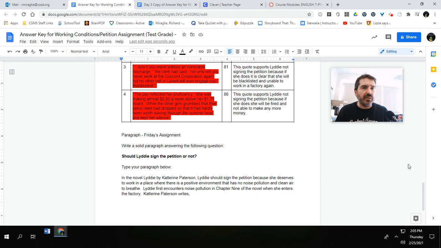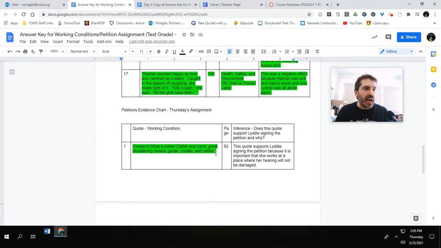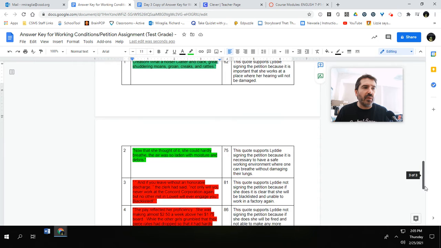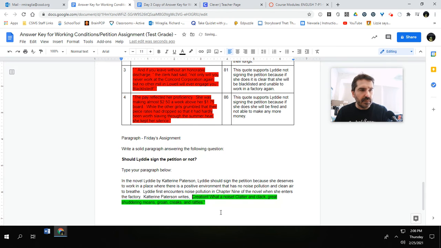Okay. So what I'm going to do now is go up here to my first quote. I'm going to copy it. This is where doing the chart and the work helps you out. I'm going to paste it, and get rid of the green.